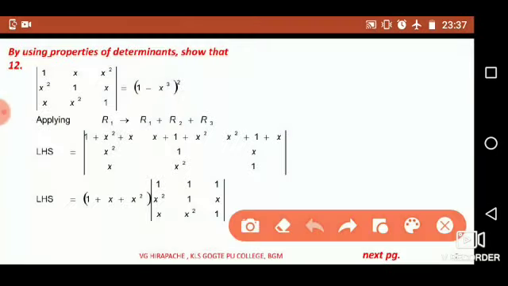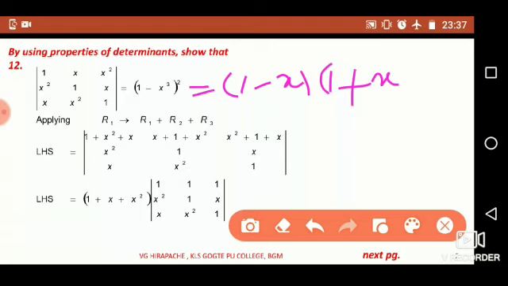The factors of a cube minus b cube are given by (a minus b) into (a square plus ab plus b square). Here a is 1, b is x. Therefore, we have the factors of the element 1 minus x cube as (1 minus x) into (1 plus x plus x square). Let me show this factor in this problem so that it will be easy to find the solution for the